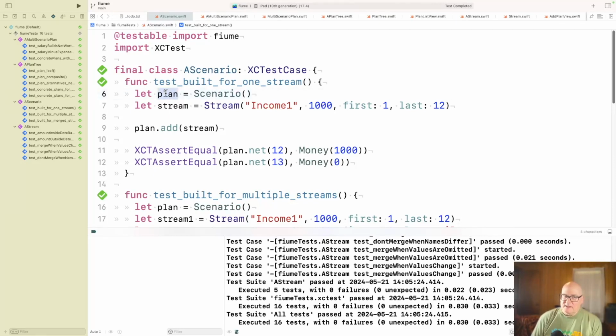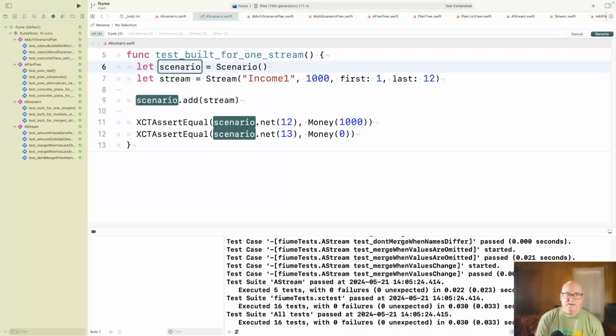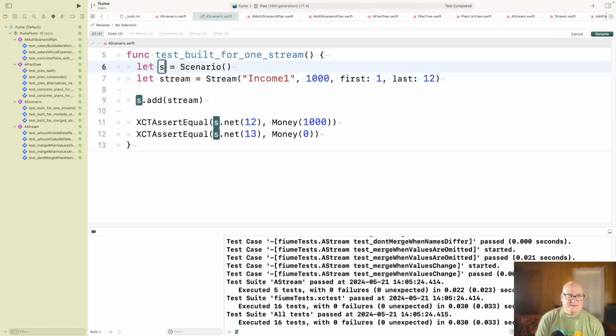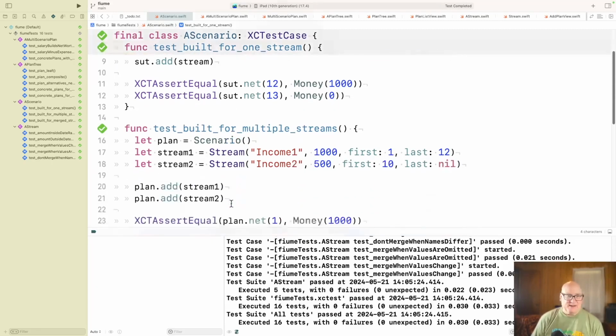And I think it lets us focus on the object we're really trying to test, which in this case is scenario. It's the one we're going to manipulate in the act section. So I'm going to rename these too. Okay. And so if I had done it that way in the first place, when I hadn't named it yet, it would have held up.